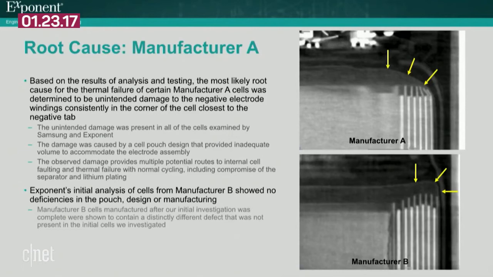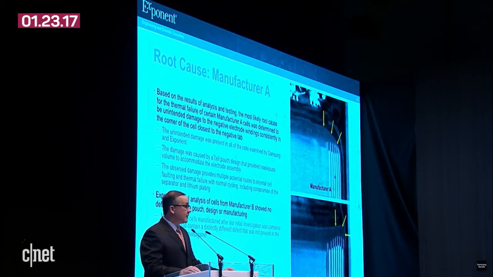Negative electrode damage like this is undesirable because it can put strain on the separator, causing separator failure and cell faulting. Or it can cause negative active material delamination that can upset the local capacity balance, resulting in plating and potential cell faulting. Cell faulting is a well-known route to the types of thermal failure that were seen in these